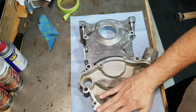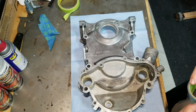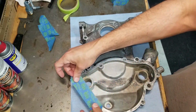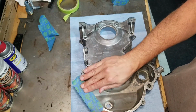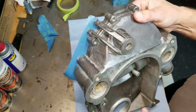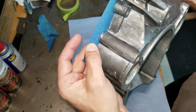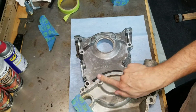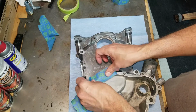So for this edge, this is a really easy principle from here to here, and I'll explain why. This is called back taping. In the automotive world, if I don't want this edge painted, I can just tape it. The reason it's called back taping is because if I'm painting from this direction, check that out. That paint's going to get where I want it, and it's not going to get where I don't want it. The problem is, if I continue that back taping over here, like that,